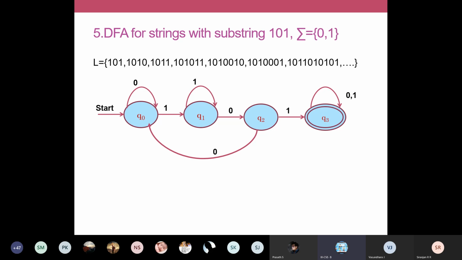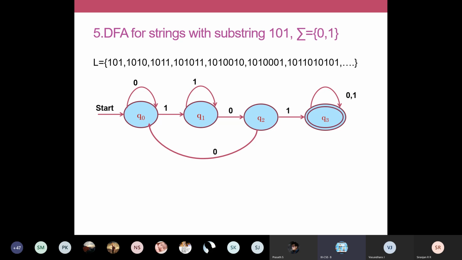Okay, so in the beginning for 0 you have made a self loop, because for 1 you already have an outgoing edge, so you need not bother about your 1. If you are having a 0, you wait here. And similarly in Q1 for a 0 you are having an outgoing edge. For 1, what should I do?